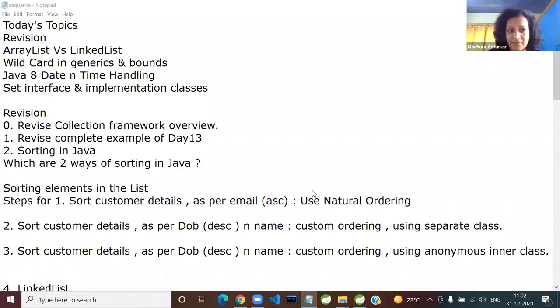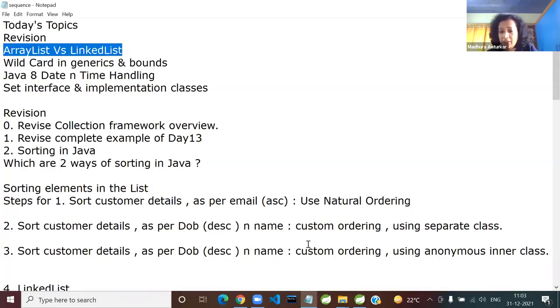Let's get started. So to tell you about today's agenda, since we are meeting after a long time, we will be doing a quick revision. I hope ma'am has already got the revision part done, so you won't feel disconnected. And you have done the data structures also, so that will help you a lot. After the revision, we are going to start a new topic, ArrayList. We had already started and talked about it, but we have not talked about linked list.